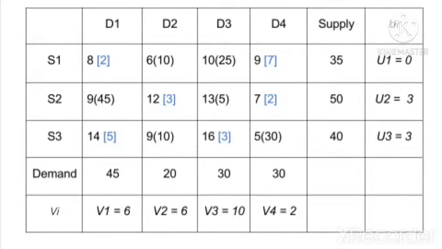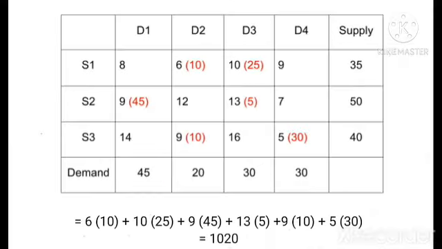Let us observe the table. All the data from Dij are positive. Since all Dij is greater than or equal to 0, the final optimal solution is arrived. The minimum total transportation cost is equal to 6 times 10 plus 10 times 25 plus 9 times 45 plus 13 times 5 plus 9 times 10 plus 5 times 30 is equal to